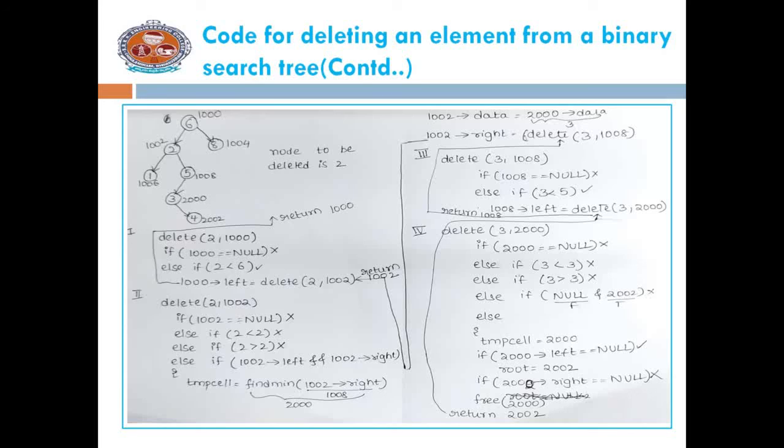In case 2, you are deleting a node with a single child. When you are deleting that node, you can replace the child node in its root position. And the third one is deleting a node with 2 children. In that case, you have to find the minimum element from the right subtree and replace the minimum element in the root position and delete that minimum element, and replace the minimum element's child in the root's place.